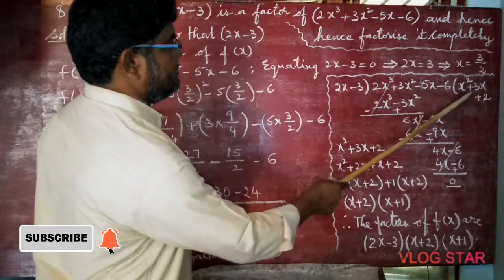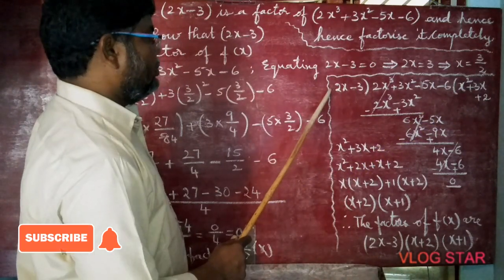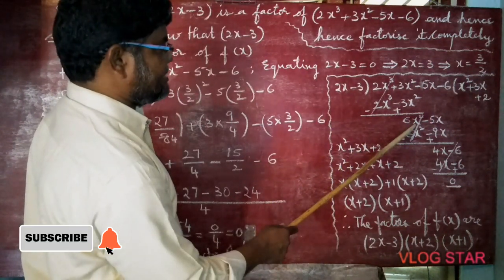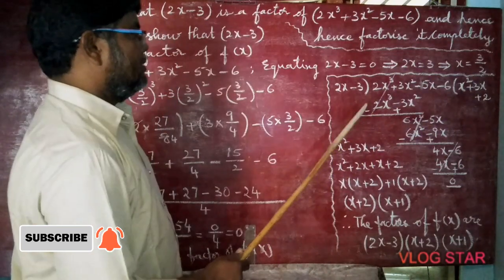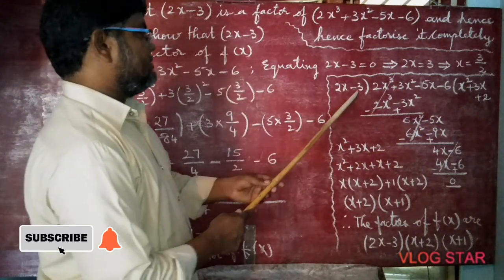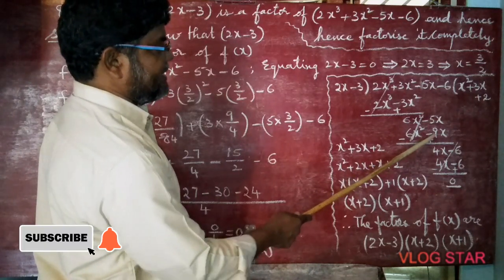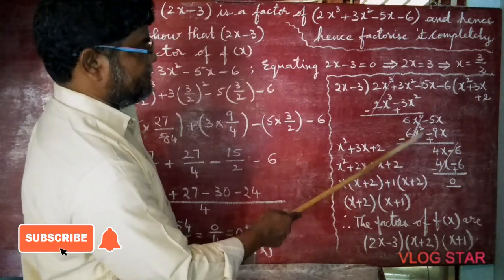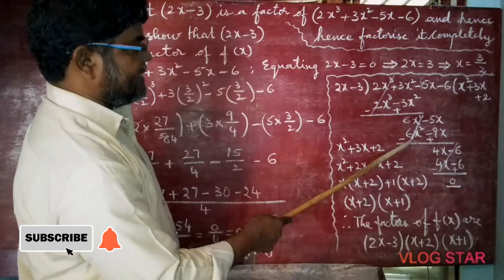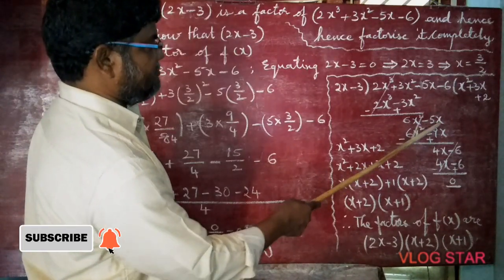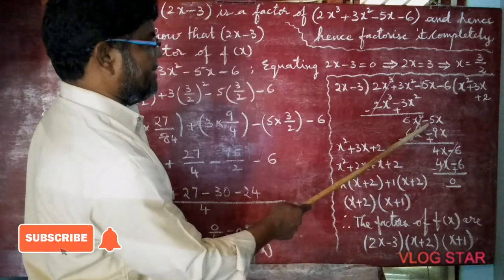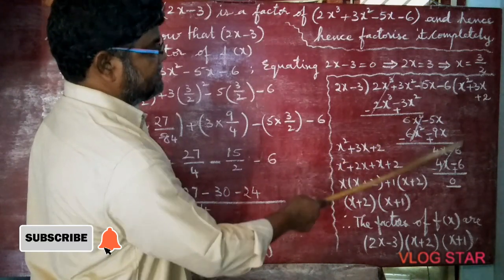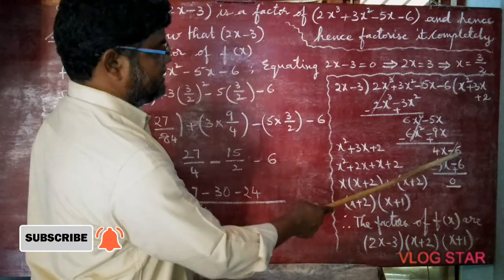Now here plus is there, write sign plus. 2 goes in 6 three times, so 3 you write. Here x is there, here x square is there, so one more x is needed. With this 3x multiply 2x − 3. Then you will get 6x² − 9x. The second one's sign changes: plus becomes minus, minus becomes plus. 6x² − 6x² get cancelled. 9 minus 5, so plus 9x − 5x is plus 4x. Last constant is there, −6. Bring −6: 4x − 6.